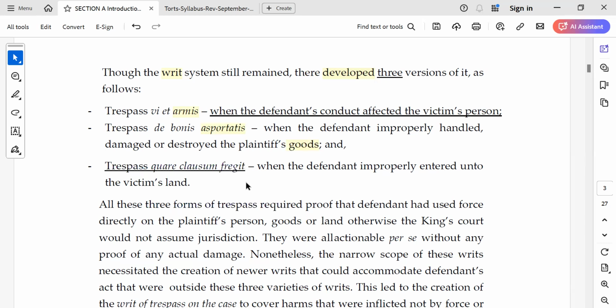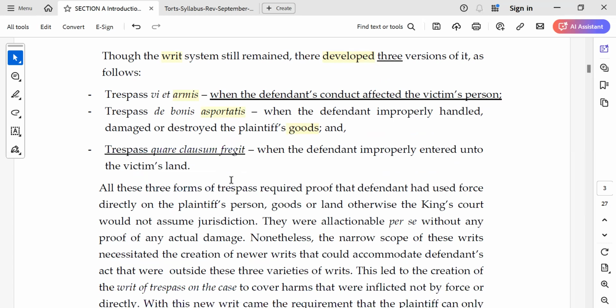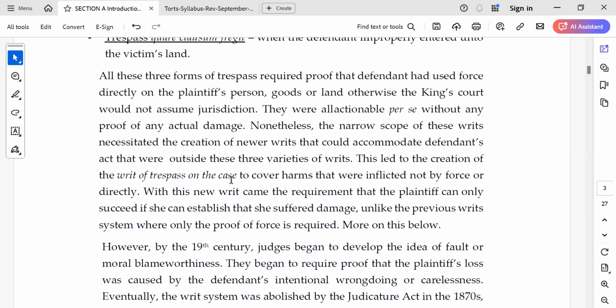Okay, हमें अगले chapter में like we will get to see that. And इसलिए now with respect to writs, what we are learning is going to be applied over there, because what is covered under what writ, we are learning here. These are very introductory चीजें. Okay. All these three forms of trespass